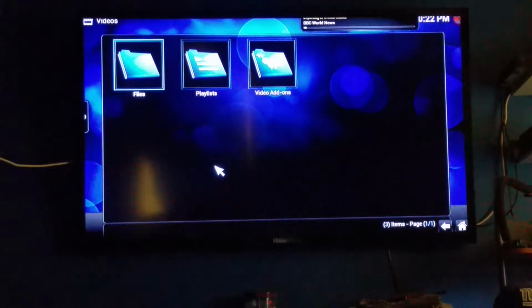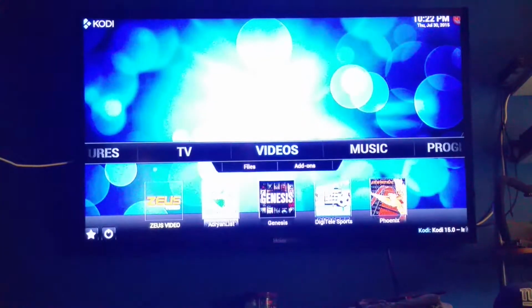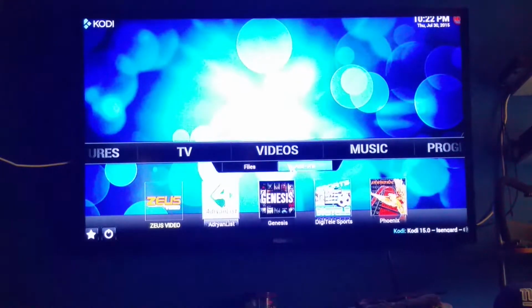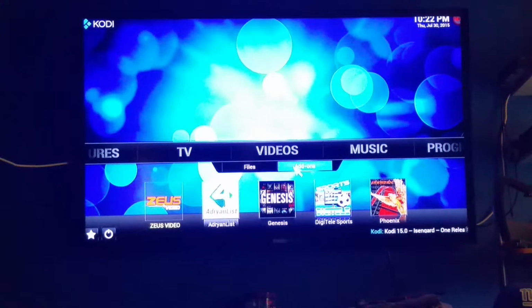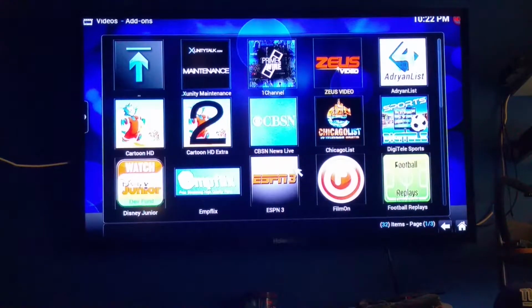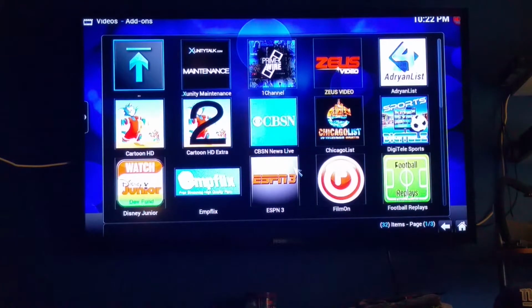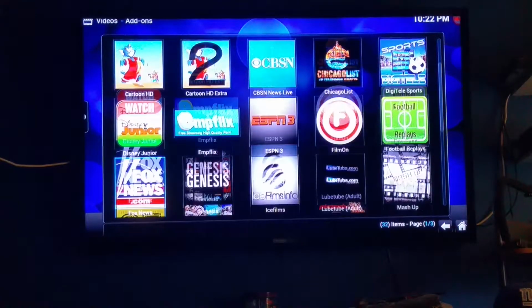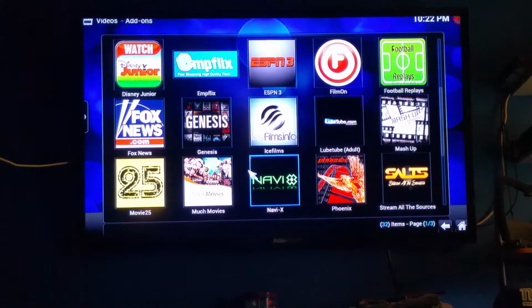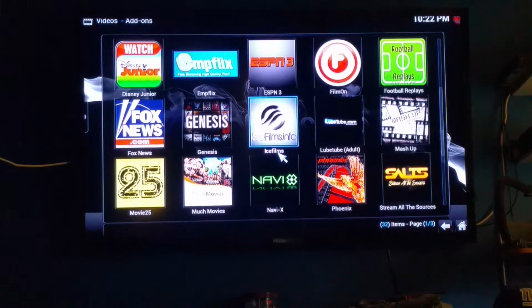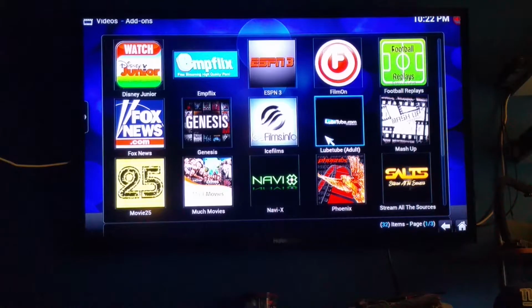And I'm not hitting all the spots, so I want to just try to do as much as I can. You see how it says add-ons under file? I click on here. Okay, so here's some of the add-ons that they give us. See, there's Genesis, which is already uploaded. Now, there's all types of movies on here.